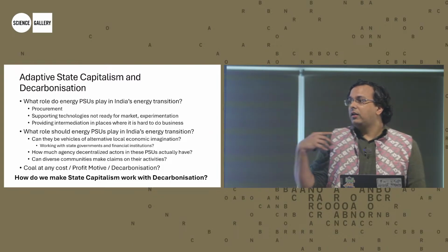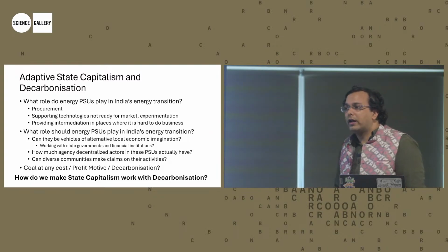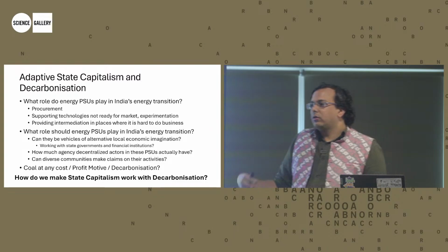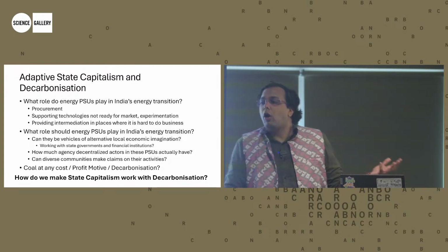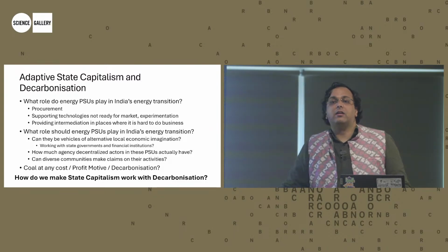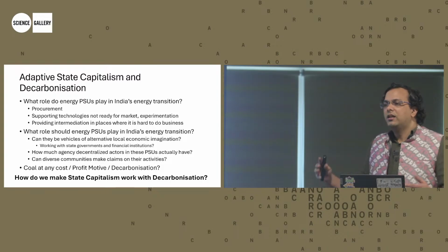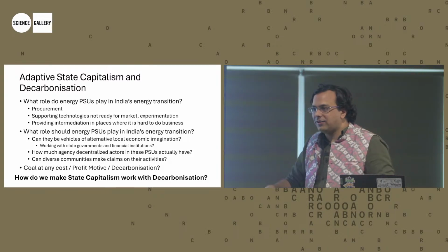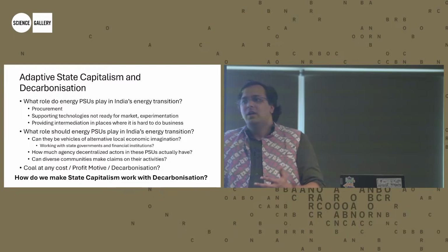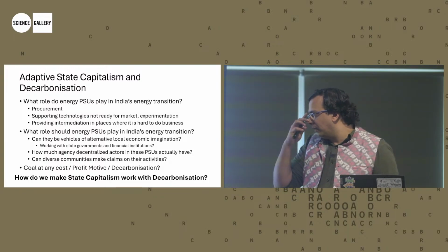And interestingly enough, Coal India is getting into non-coal activities. They have a new position called the Director of Business Development, whose entire job it is to figure out non-coal activities which Coal India can diversify into. This is more of a top-down corporate thing than a bottom-up developmental goal. But these are some interesting things which are happening, right?